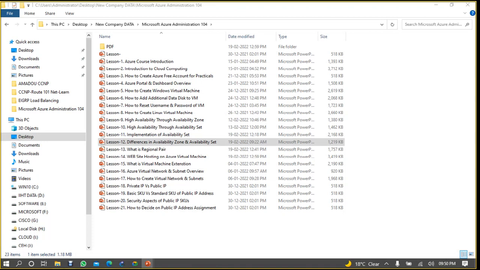Okay, so this is just a brief introduction about availability zone and availability set. Okay, and now we are working with